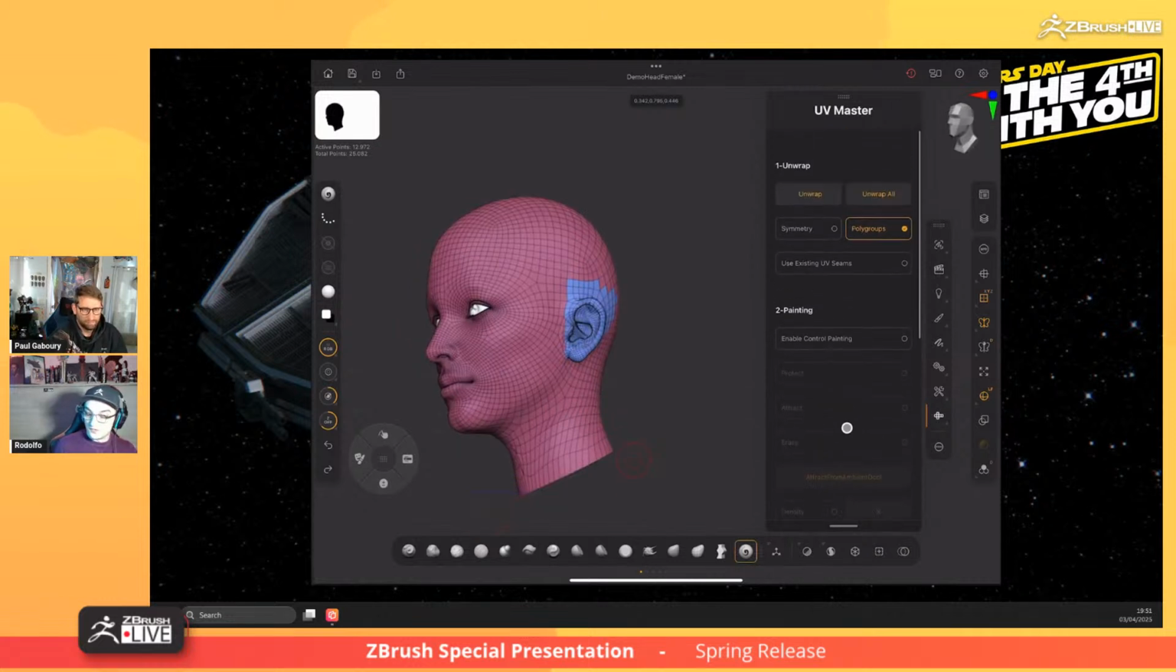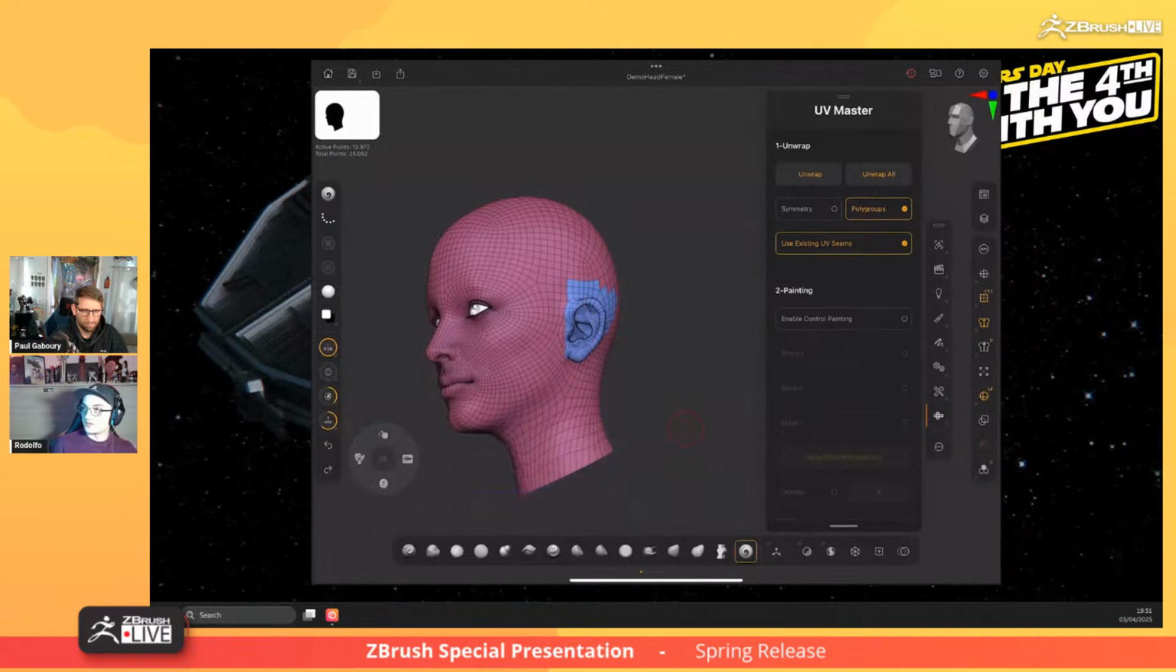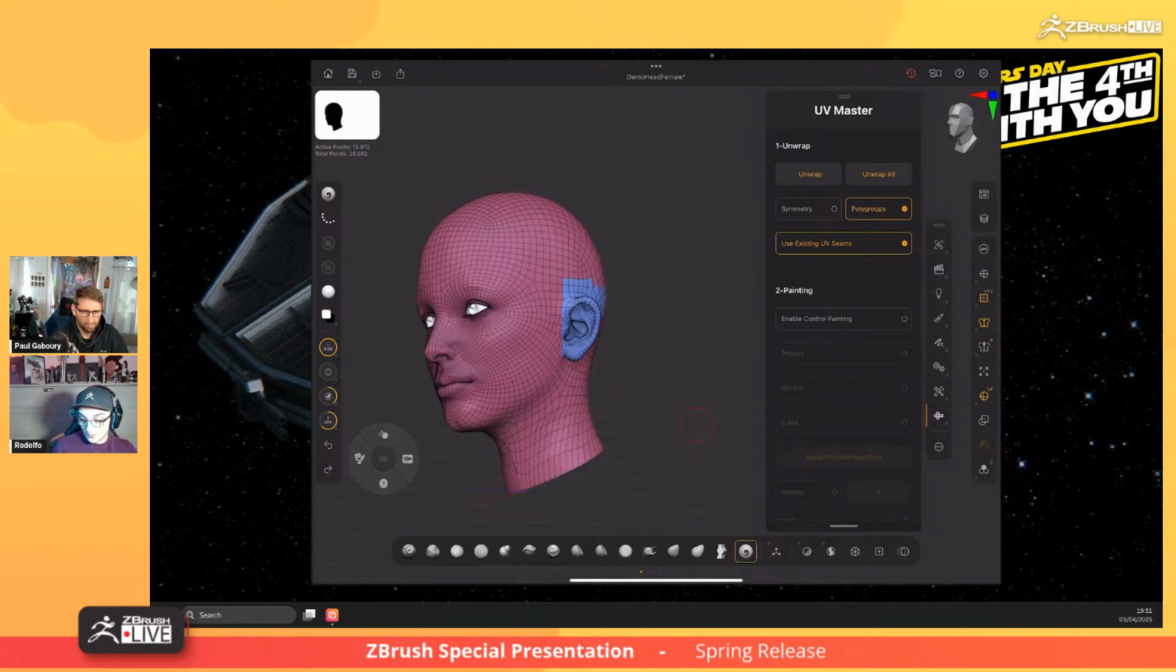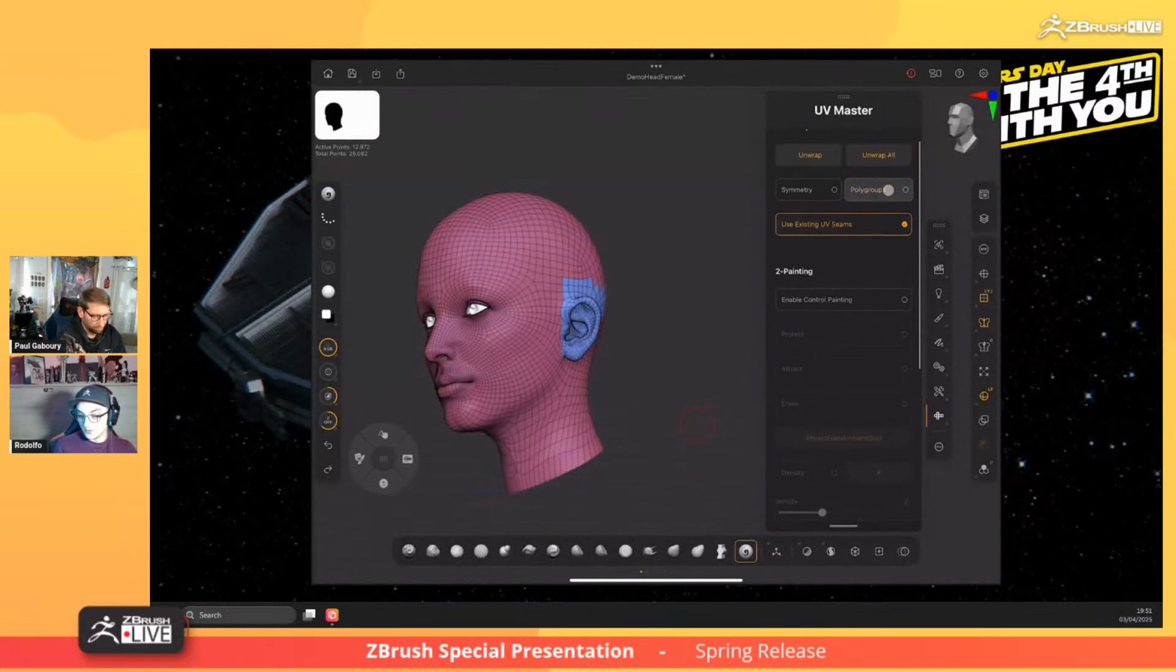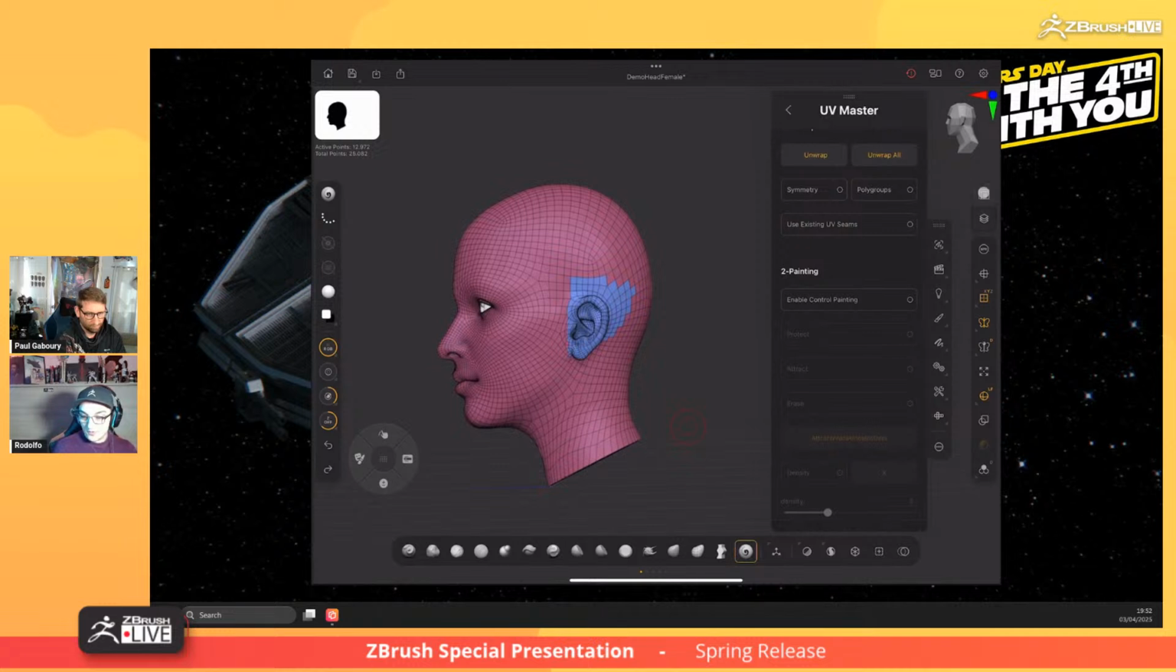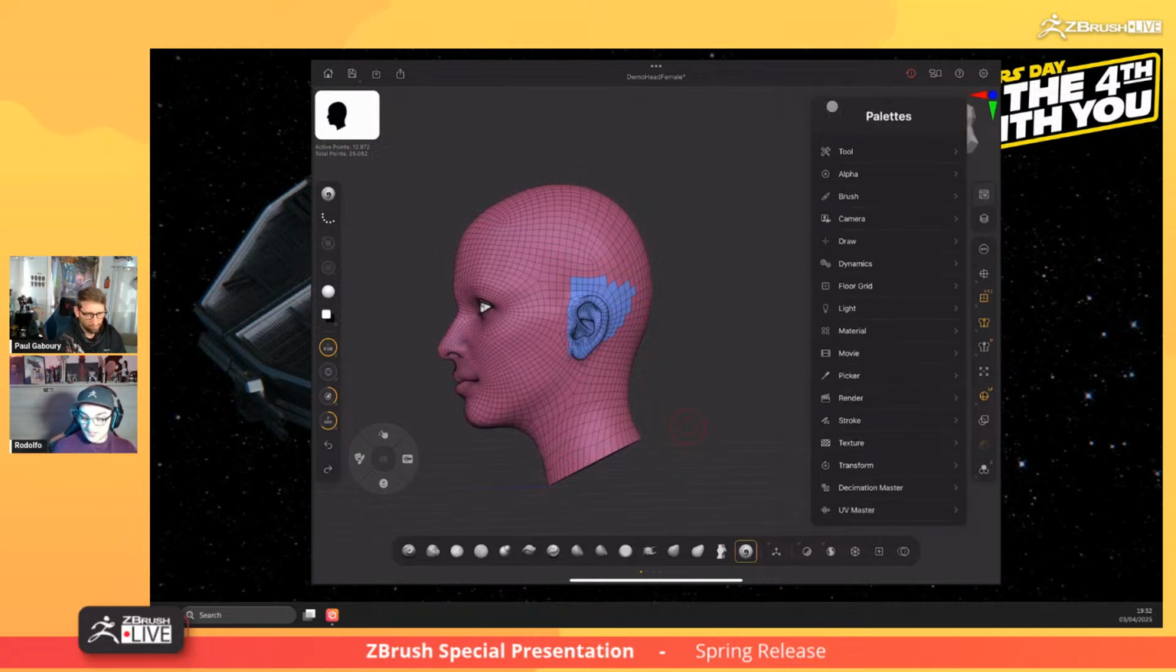But yeah, this is UV Master, and you can also just click use existing UV seams if you already have UVs and you just want to edit those, add some more, or maybe unfold those. So this is pretty cool and very, very fast, as you've seen. It's just one click and it's done. Boom, right? So this is UV Master, but now adding to this, since we added ZModeler, there's another feature,